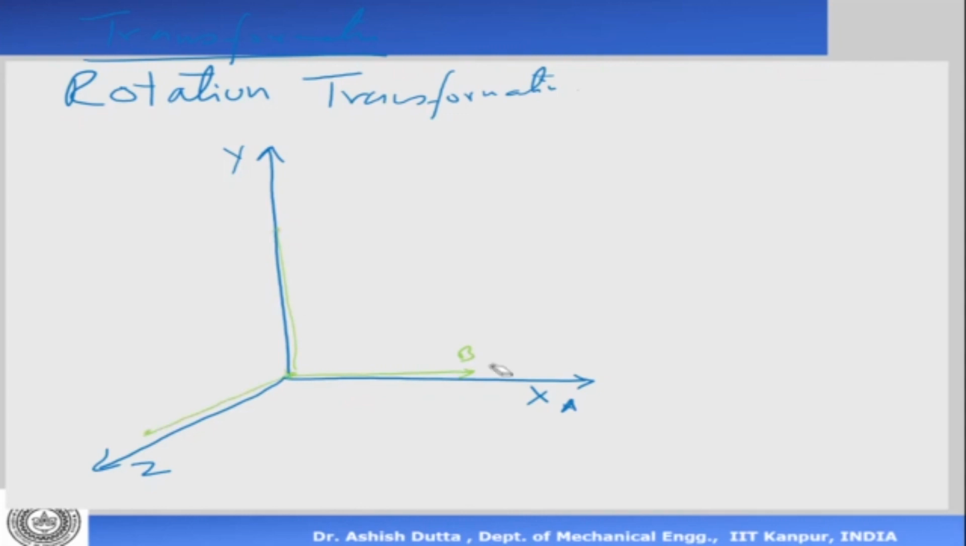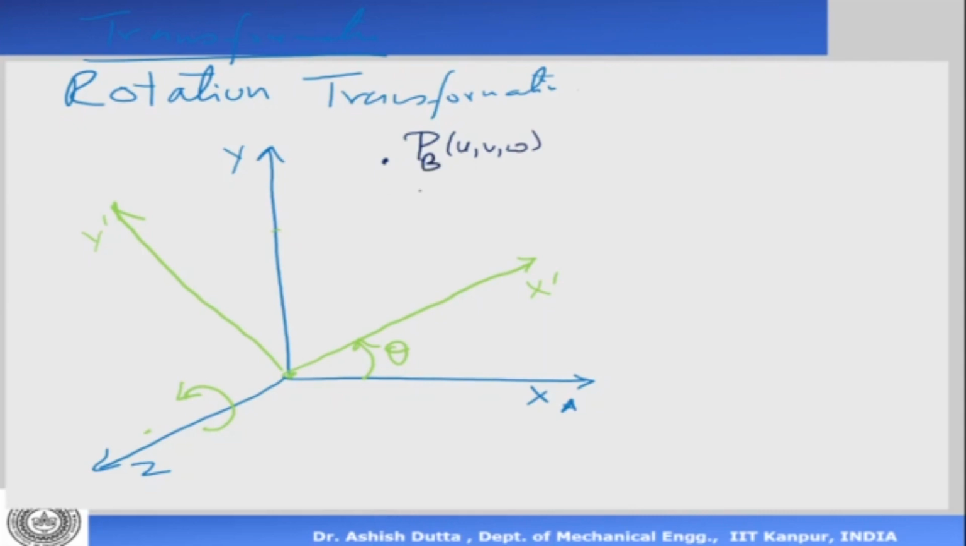Then what I do, I rotate the B frame by an angle theta about the Z axis. So this is my theta. My X has come there, X dashed, Y dashed has come there. Z remains the same because it's not moving. Now if I'm given the coordinates of a point P, U, V, W, PB